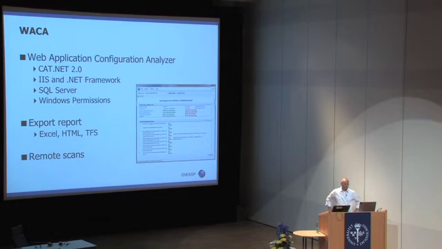Another tool is called Web Application Configuration Analyzer, something that can be downloaded, and it's actually using the rules from cat.net to analyze not only the source code that you're running currently, but your computer or a remote computer instead, and also analyzing the Internet Information Server, the .NET Framework configuration settings, security settings, and also SQL Server security settings and Windows permissions like file shares and ACLs and such, which is a really cool, interesting tool that can be used for penetration testing,